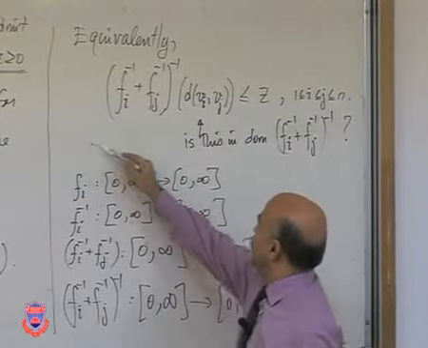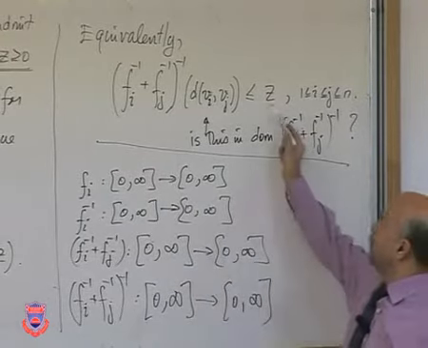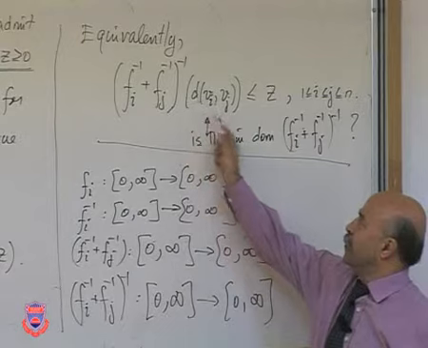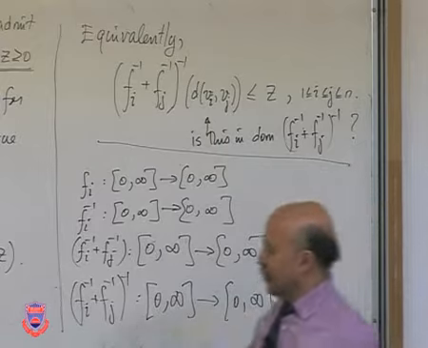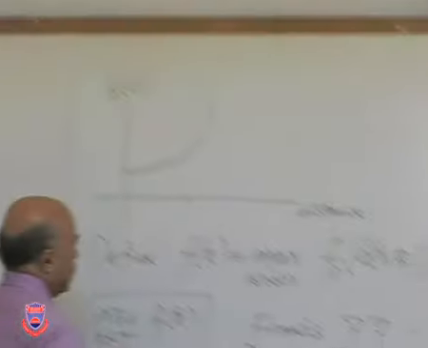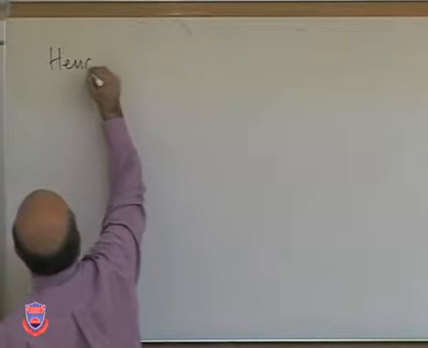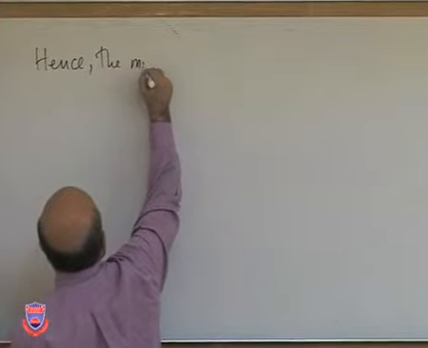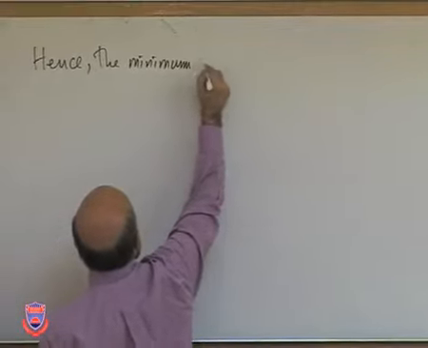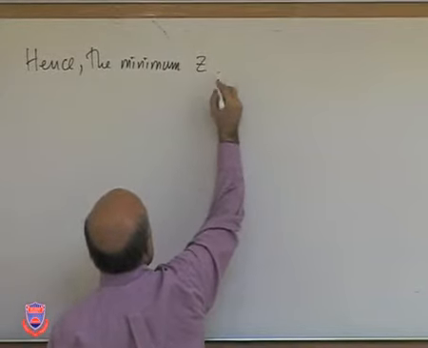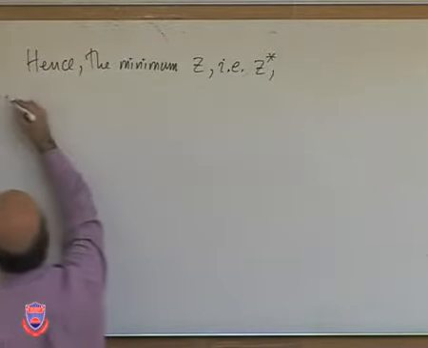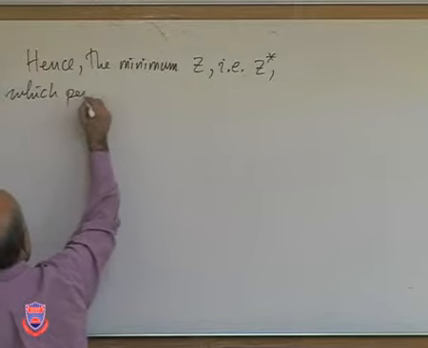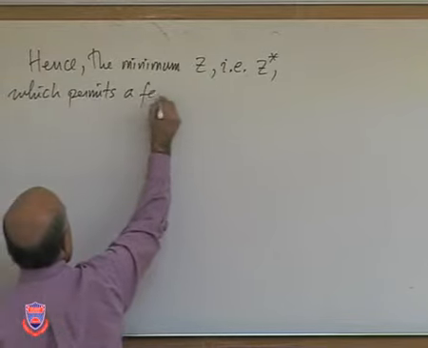So what does that tell me? Now that I justified that z being greater or equal is well defined, because the distance is non-negative and it's in the domain of definition of that function, I can simply say that hence the minimum z, which in our definition is z star, which permits a feasible solution